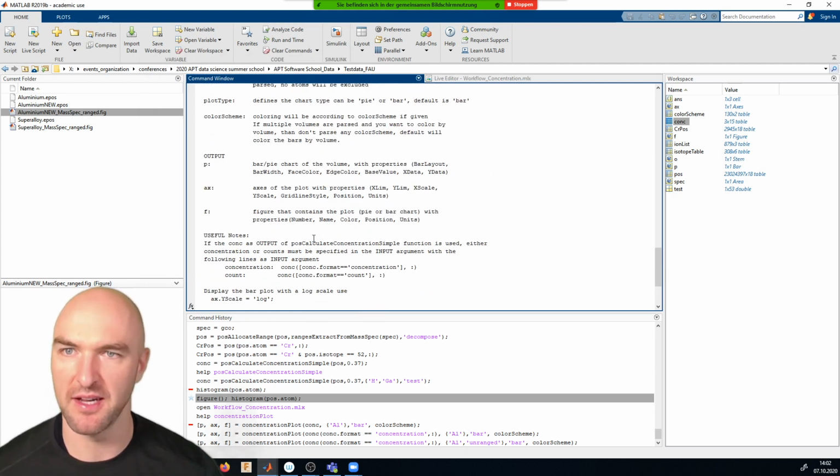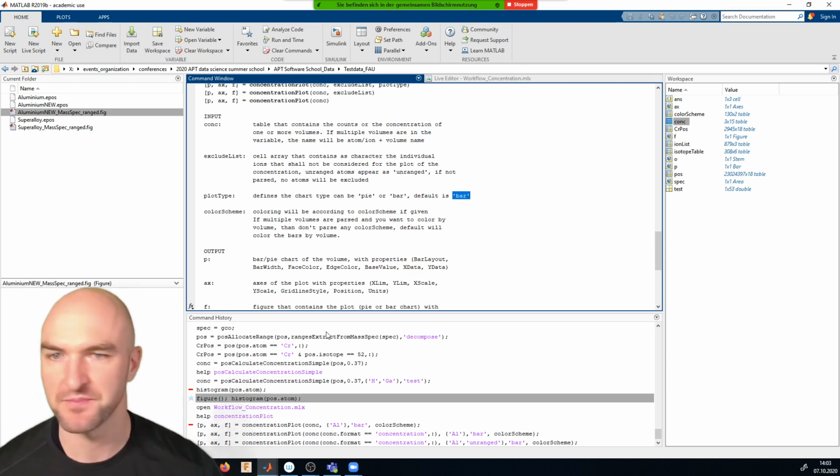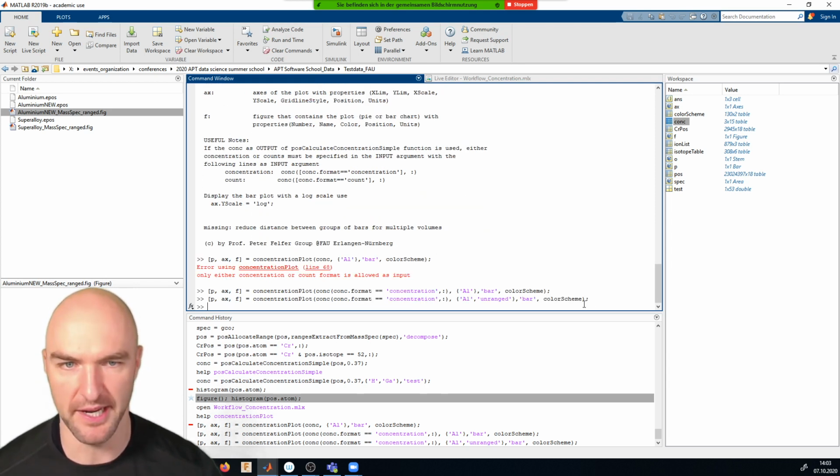We have currently gotten 2 different types of charts. So we can have a bar chart and we can have a pie chart. Yeah? The default is bar chart. So if you don't write anything, you will get a bar chart. And if you write